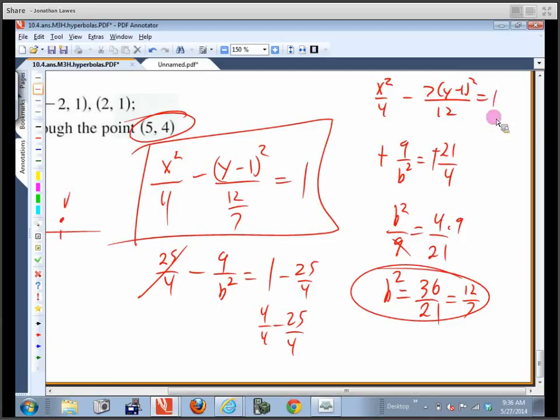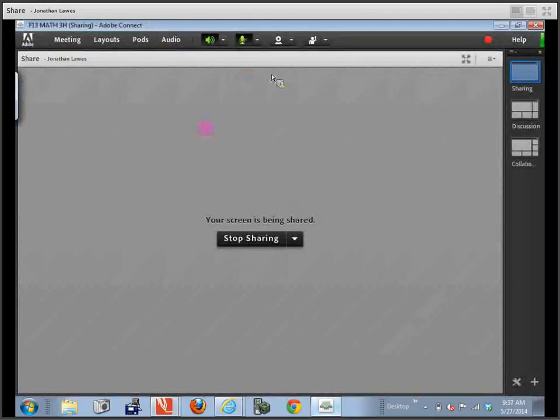Okay? Why would this maybe be a bad idea, even though it looks better because it doesn't have a fraction in the denominator? Brandon, why would this be a bad idea? They might think that in the y direction you're going to go the square root of 12, when you shouldn't. You should actually go the square root of 12 sevenths. Okay. Good? Okay. All right. So here's what I want